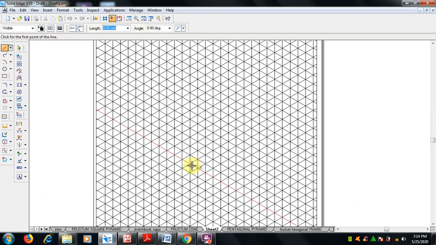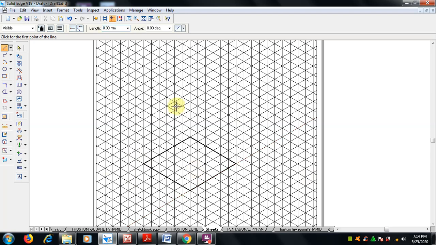I'm zooming here. First draw 60, isn't it? So anywhere we can select any intersection point. Okay. This is the intersection point 60. So 1, 2, 3, 4, 5 and 6. Okay, this is the intersection of this, and here 1, 2, 3, 4, 5, 6. Okay, and minus 150. So here 6 and here 6. Clear?